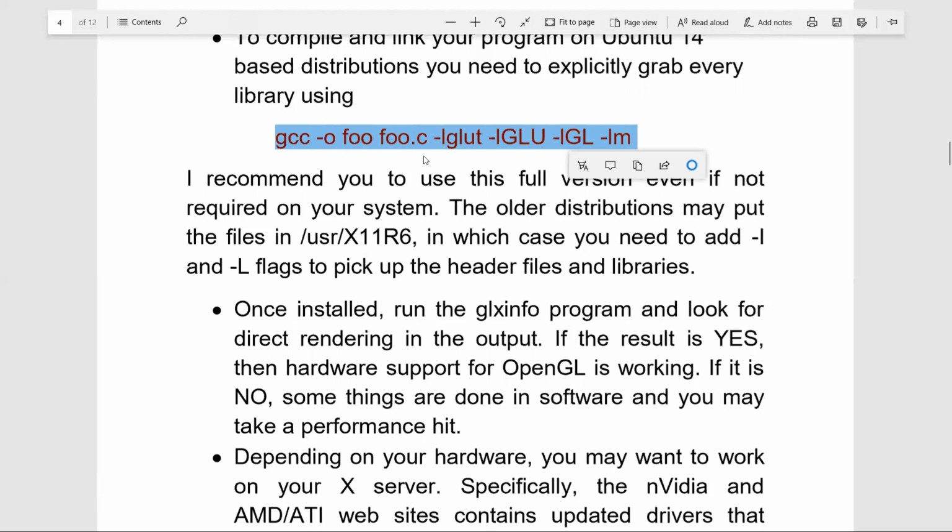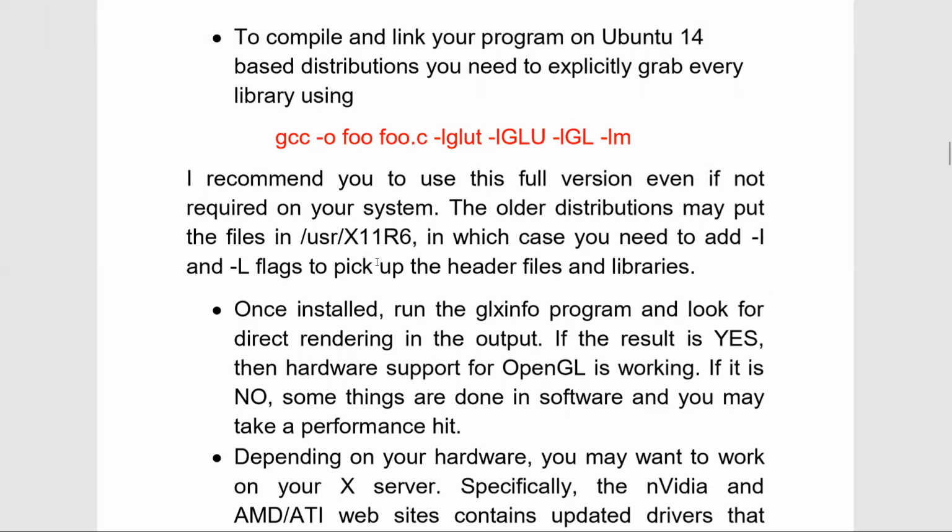By using flags for the compile command, the GCC command, using -lglut, -lGLU, -lGL and -lm if the program is using the math library for supporting mathematical functions. Hence, I recommend you to use the full version even if it is not required on your system.